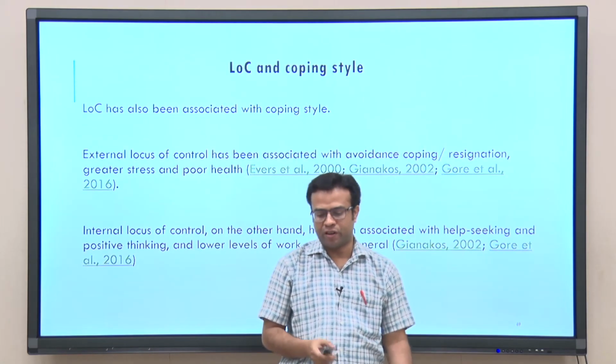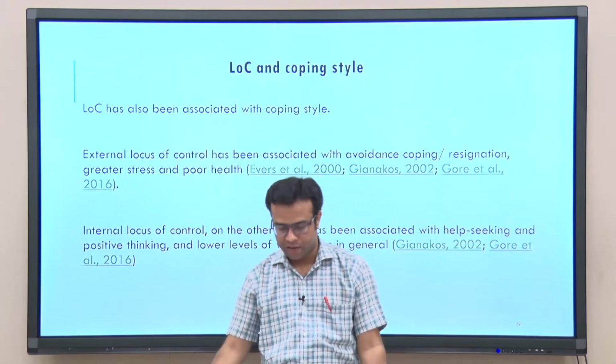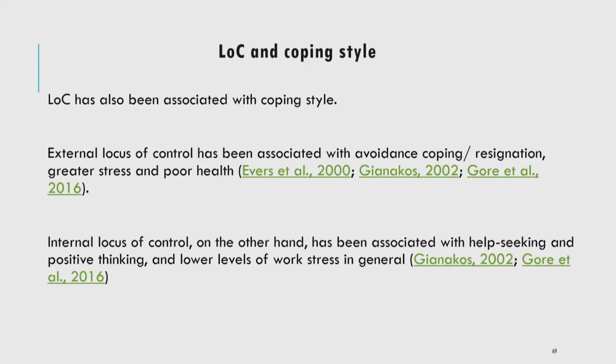Locus of control has also been related with the coping style. Coping we will discuss more in the next class. Locus of control has been associated with certain coping styles. For example, external locus of control has been associated with avoidance coping. People with external locus of control are more likely to avoid situations as a coping strategy, or resignation,